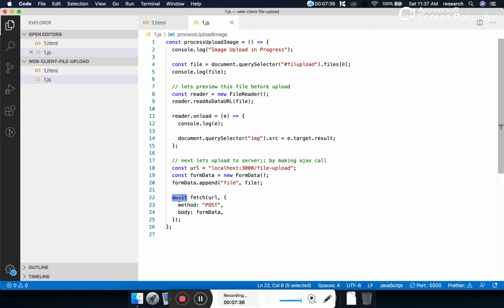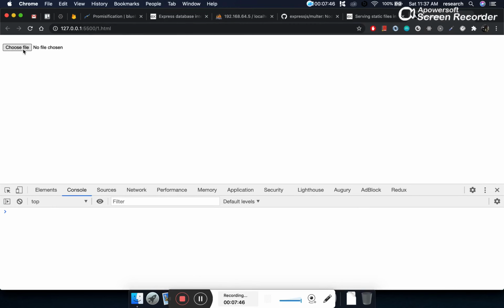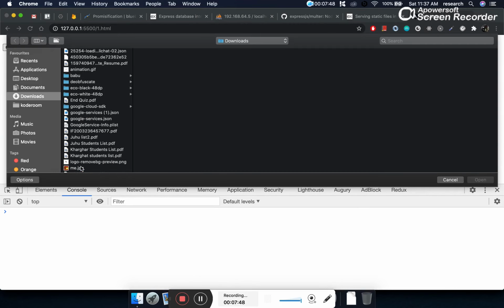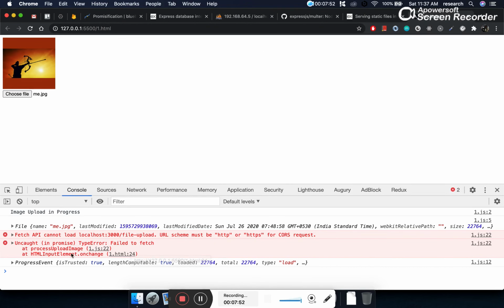See, this returns a promise. What we can do, we can use await, and here we can use the keyword async. So now let's go to the browser and let's make a call. me.jpg, and if you select the image, we are able to make the Ajax call, but there is a small